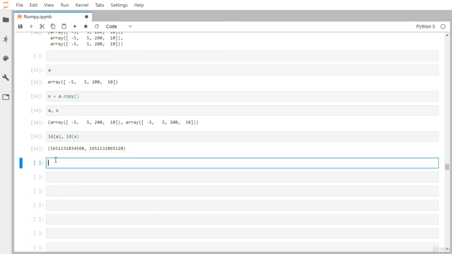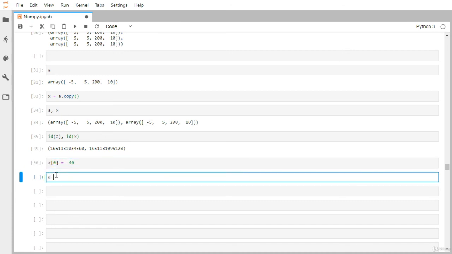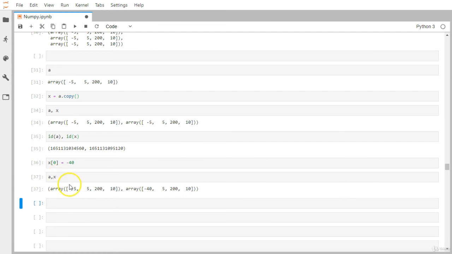Now let me do the modification in X. Let's say X0, I'm just going to make it -40, and let me display A and X both again. Now you can see the change got reflected only in X but not in A, which indicates that whenever you create a brand new NumPy array object, the change doesn't get reflected in the other one, because both of these variables reside on different physical memory locations.